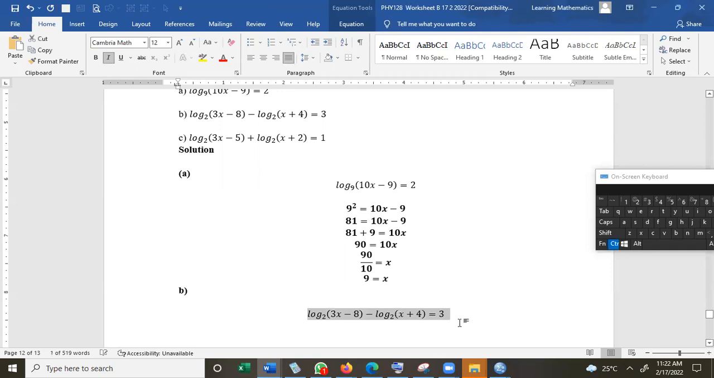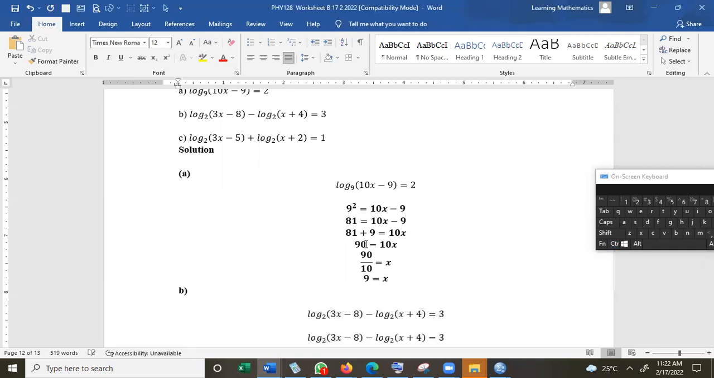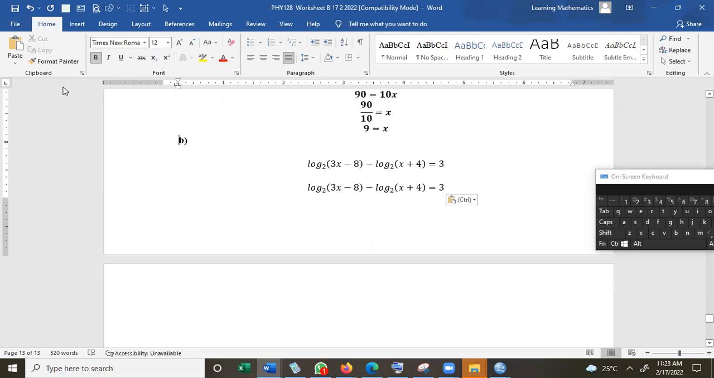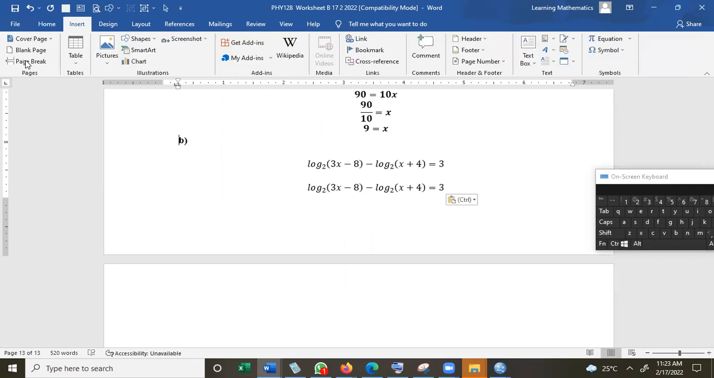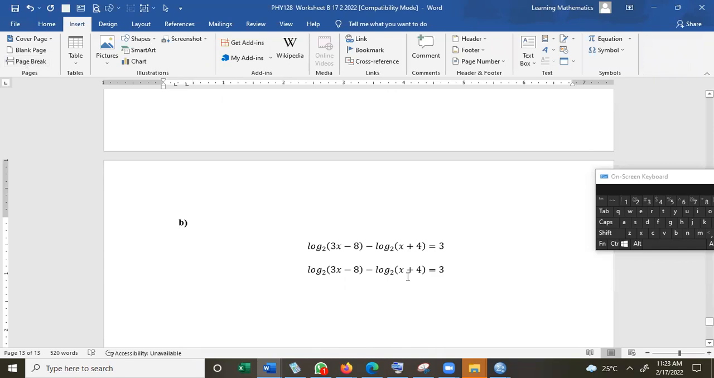So log is going to appear only once. Log in the base of 2 is going to appear only once, okay? And here we have it, so we can delete this log, okay? But however,